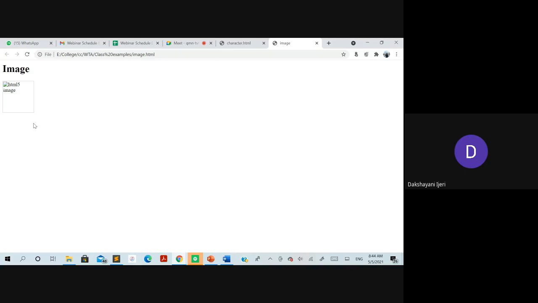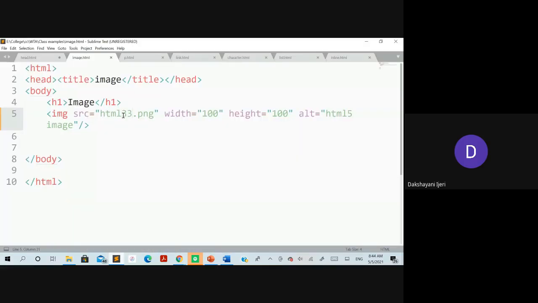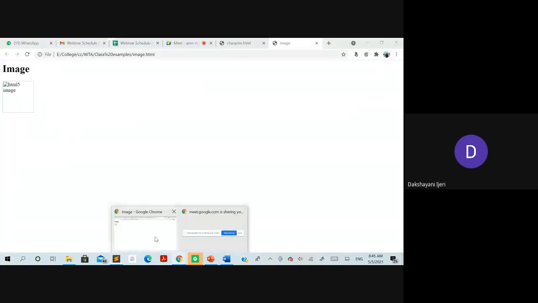That means in the HTML page which you are trying to run, the value within the source path, you can see, I have deliberately taken a file which doesn't exist in my folder. In that case, it doesn't mean that you are going to get an error. Instead, if it fails to take the image you have given and fails to display it, it is going to directly take the content. You can see here the content of the alt is HTML15 image. So check whether it has taken the same name or not. At least it tells the user that there is an image regarding the HTML15 image.